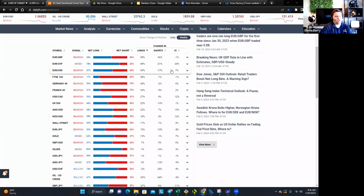So they're definitely shifting, that example or that concept of taking the baking sheet, you're washing the baking sheet, you tilt the baking sheet one way, and all that water just kind of floods to one side, right? That's exactly what's happened to the euro franc and the euro pound this week and a few other currencies. The retail traders have been washing their baking sheet, trying to figure out which way they want to tilt it, and they just tilted a ton, right? So they flooded the market this direction. So again, when we see that kind of phenomenon, our brain needs to think, okay, now I've got to look